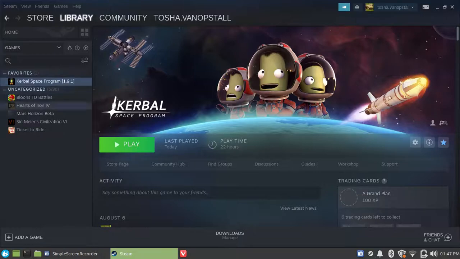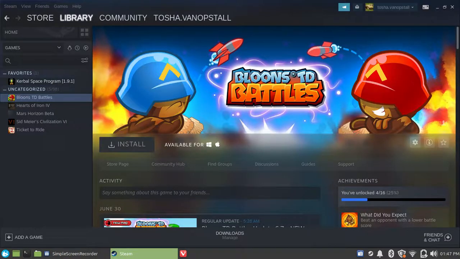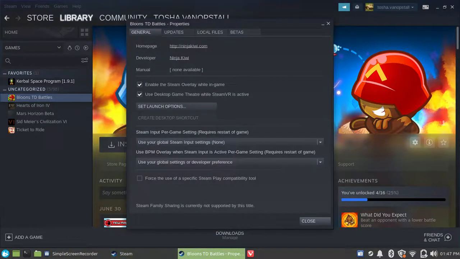So, it's pretty simple. There are some games on Steam that are only available for Windows, or sometimes, like this one, also available for Mac, but as you can see, the install button is grayed out because I do not have a Windows or Mac computer, because Windows and Mac are terrible operating systems compared to Linux. I'm sorry, but it's just true. Anyway,